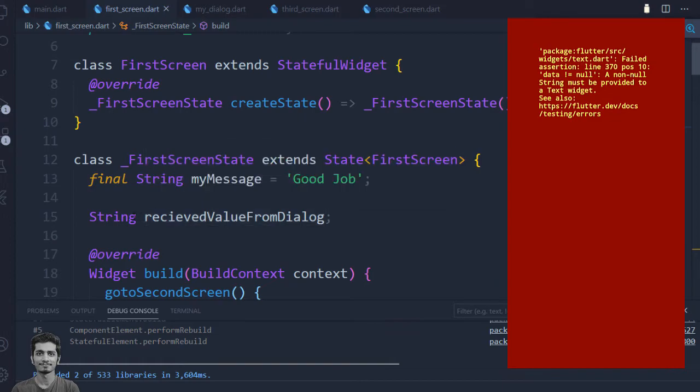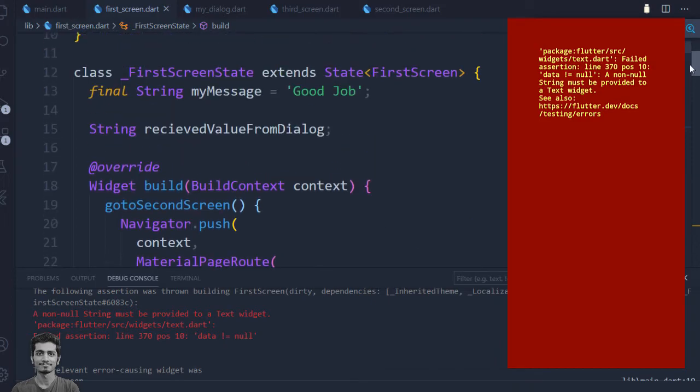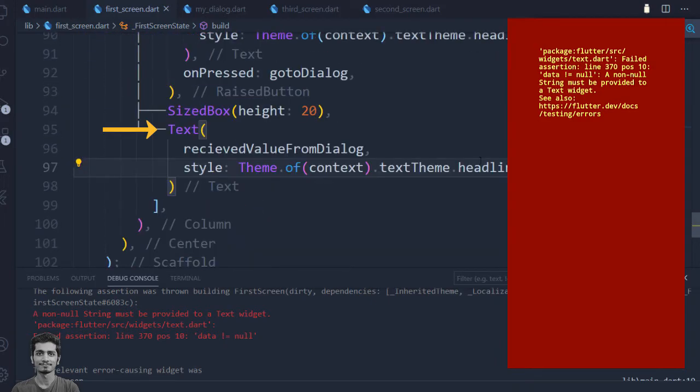Because this variable currently has a null assigned to it. So that's why the debug console says a non-null string must be provided to the text widget. For removing this problem, we can move to the text field and here we will take a decision. And the decision will be based on this variable.